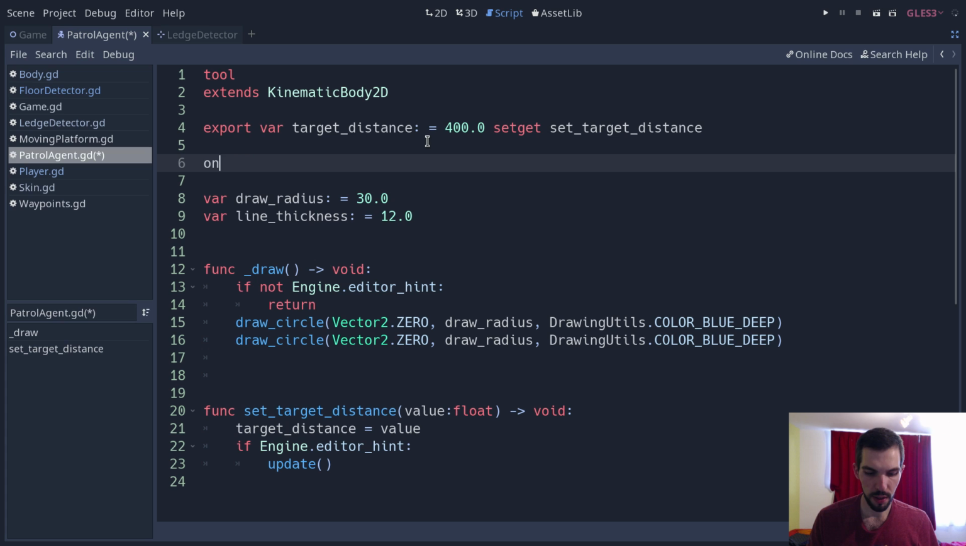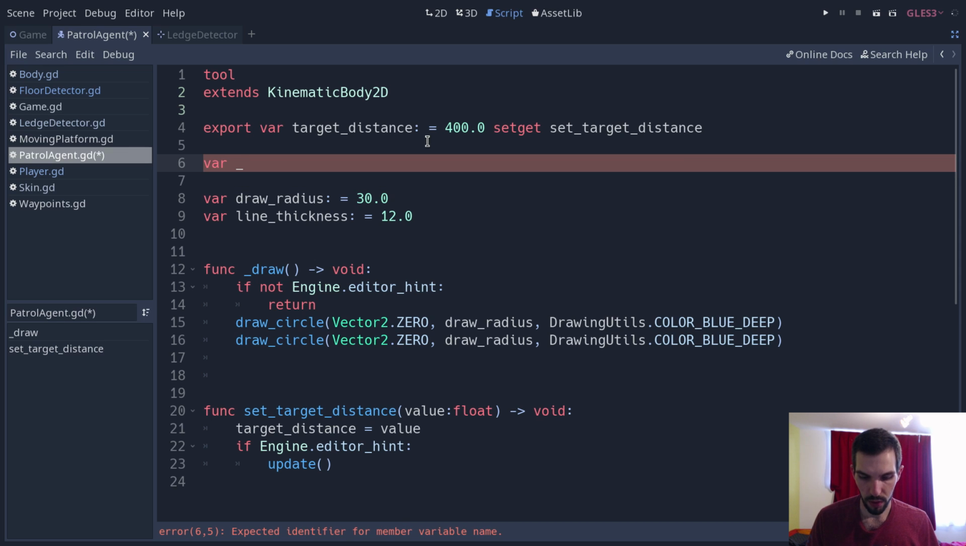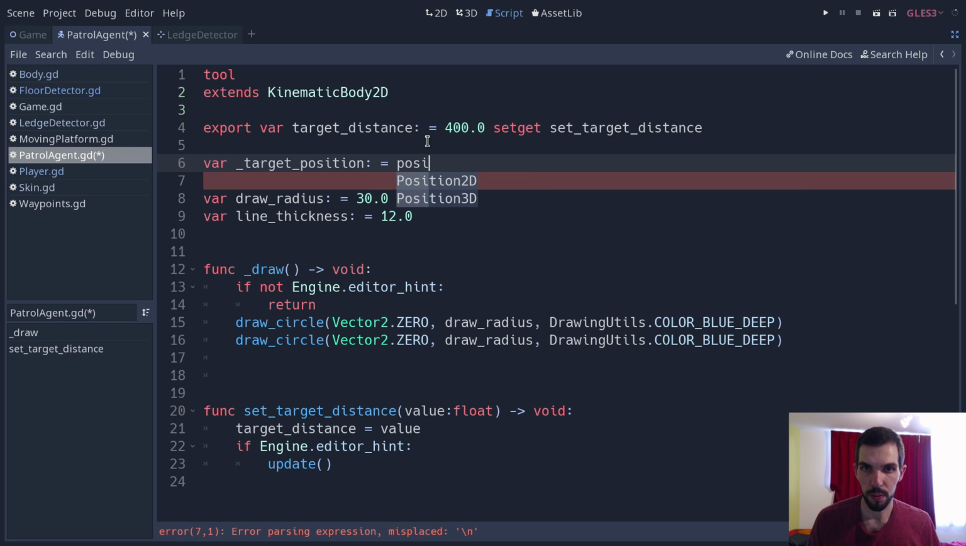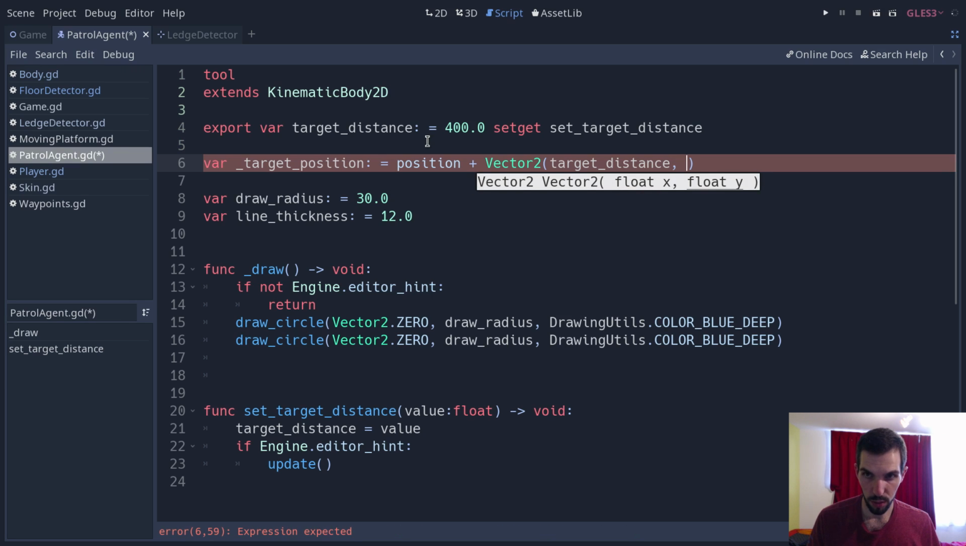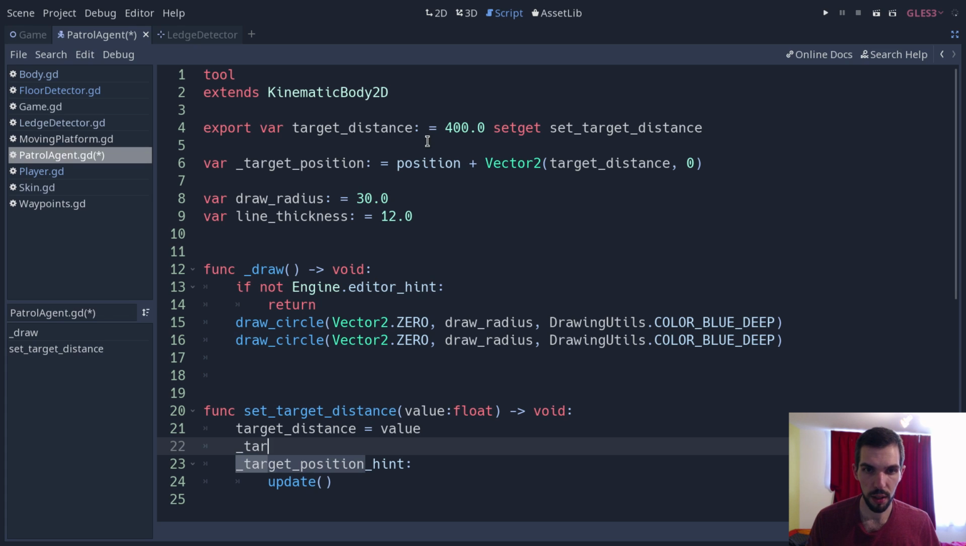I'm going to calculate on ready. I'm going to have a private variable that's going to be target position that I don't want anyone to mess with directly, and this one's going to be equal to position plus a Vector2 made of the target distance up there, and 0. Well, let's just get zero like that. And so now when we change the target distance, we are going to recalculate the target position. It's going to be equal to